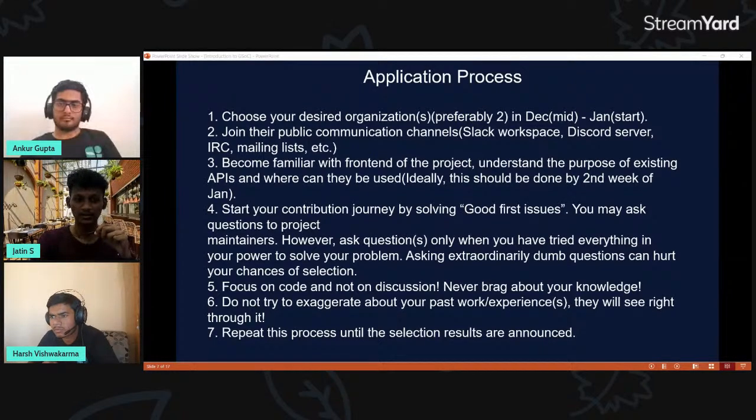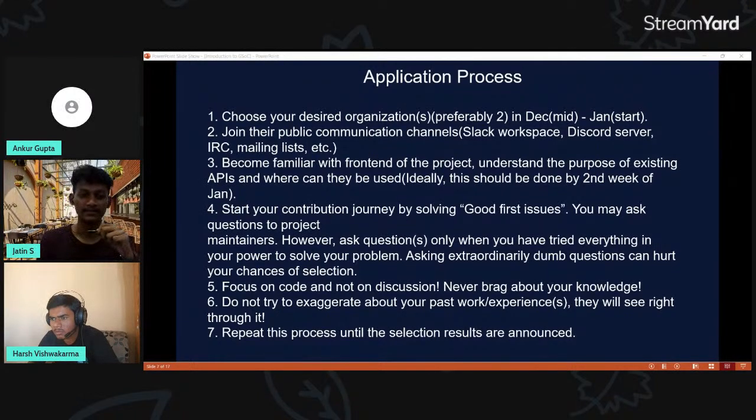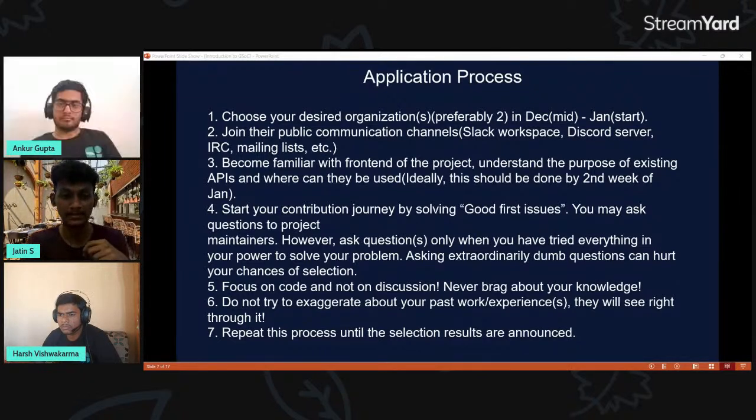Just type in the search box what technical skills you have. For example, if I know the web domain and I search for web, it will show me all the organizations that use the web. Another example: if I know Python, it will show all the organizations that use Python, like the Django organization. And then go to that organization's page,